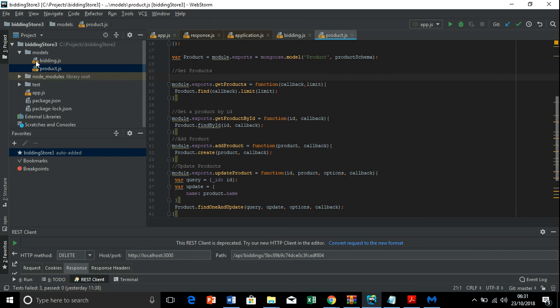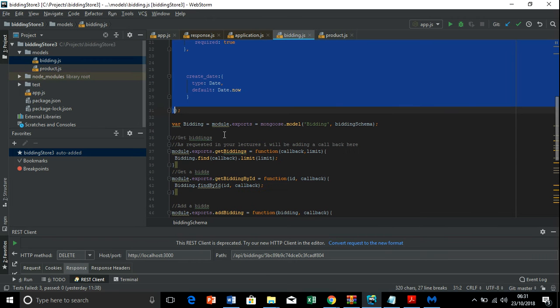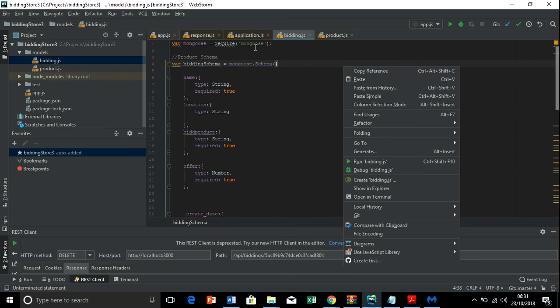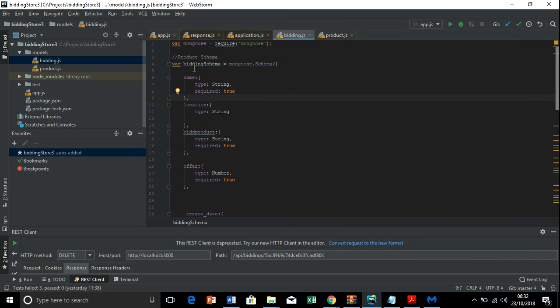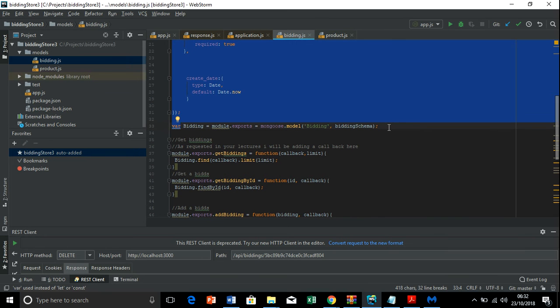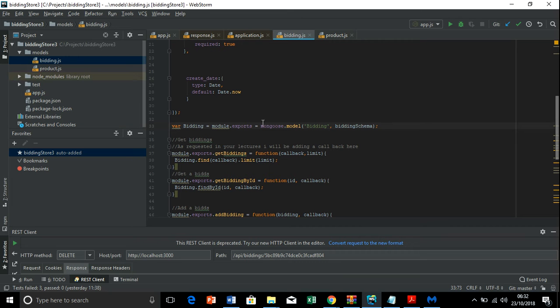The same goes with bidding. As you can see in the bidding, Mongoose is also required, and the variable's name, but this one has more variables than that of the product: bid, product, offer, and the creation date is right at the bottom. This can be exported anywhere, so it is accessible anywhere in this program.